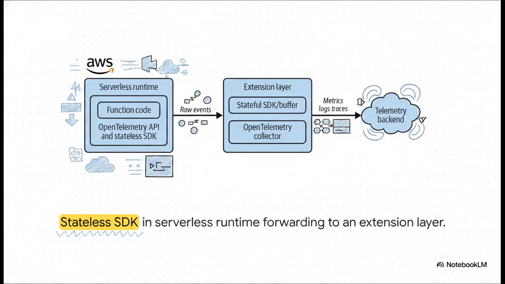So instead of running a heavy stateful SDK inside your actual function code, you use a stateless SDK right in the serverless runtime layer. It just emits lightweight raw events over to an extension layer. And that extension layer, which usually houses the OpenTelemetry collector, does all the heavy lifting of buffering and building out the actual spans. It is a fantastic pattern if you want to maintain absolute peak performance while still getting great